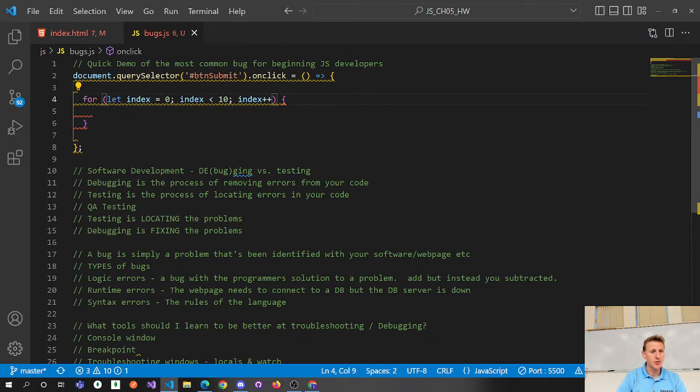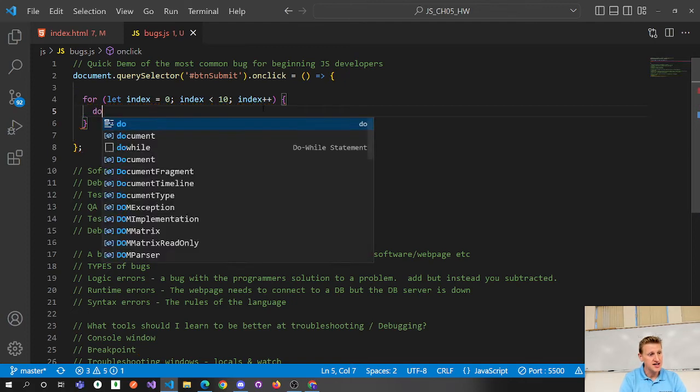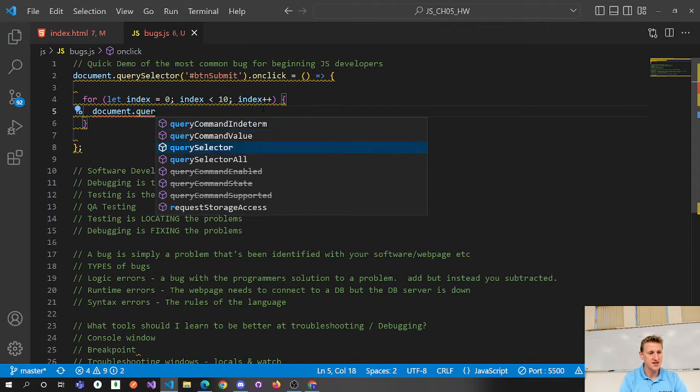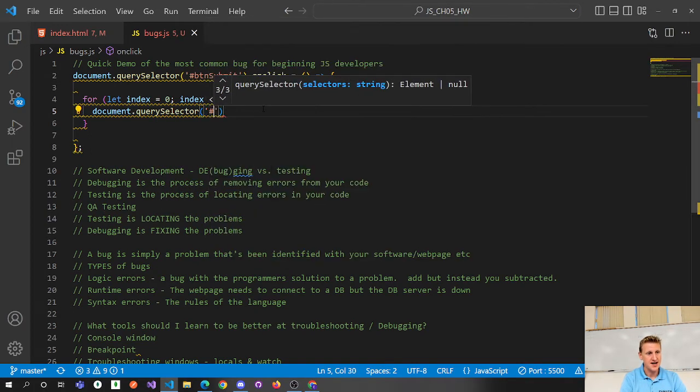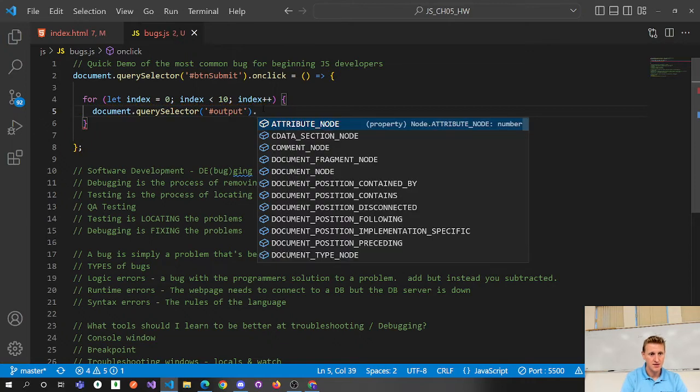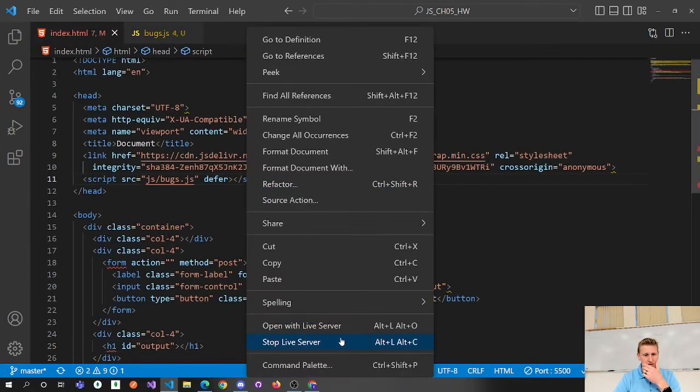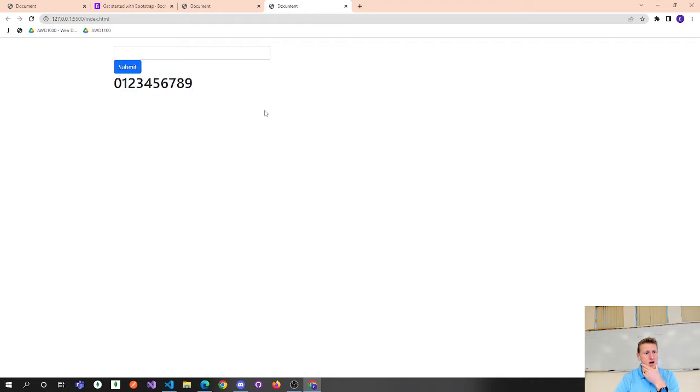So we're going to create a loop that loops 10 times, 0 through 9. Each time through the loop, document query selector, ID of output, inner HTML plus equals a template literal with the index. Okay, so we're putting in a loop, and